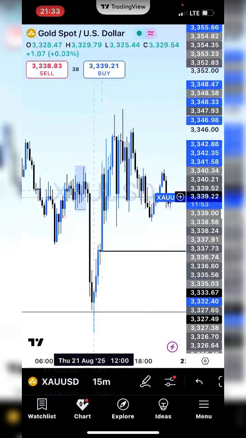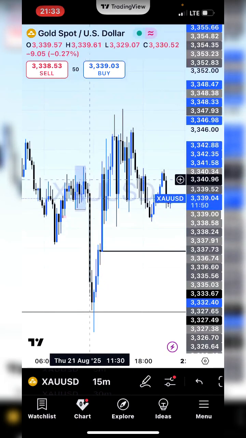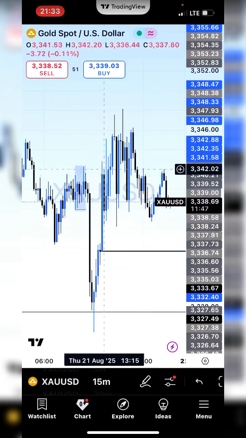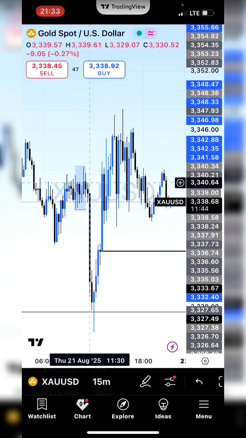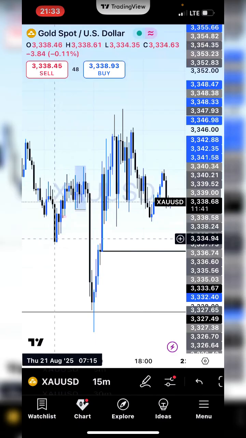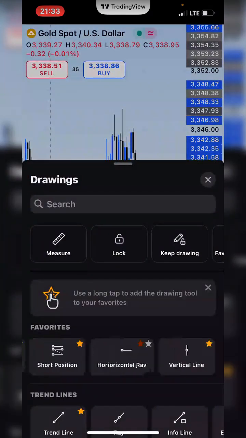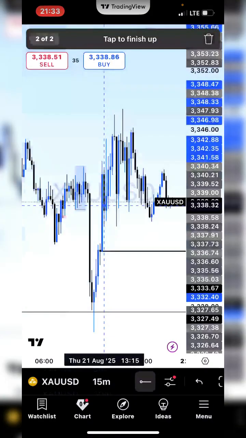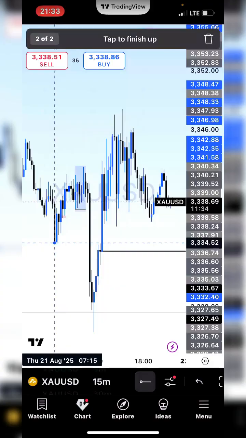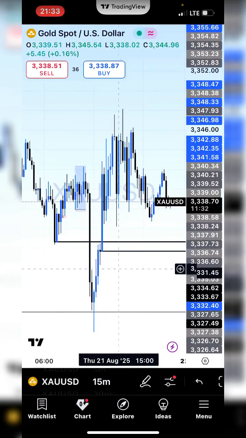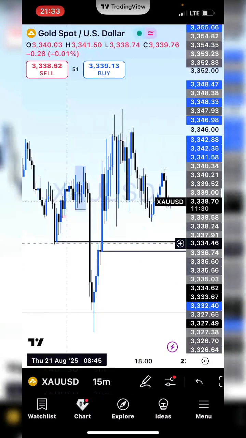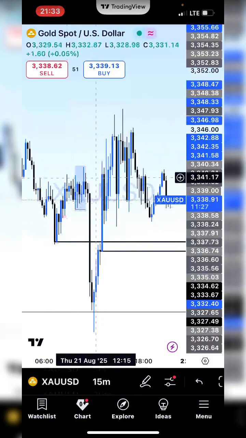And now we had the change of character here. I hope you guys can see. So after the change of character, price pulled back. So after the change of character, where is our invalidation? So the invalidation is here. So now we have two zones in this leg. This is invalidation. So first we have the invalidation X here, then we have invalidation, and then after the change of character here,